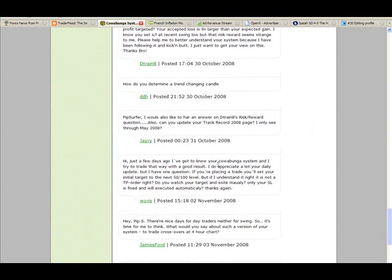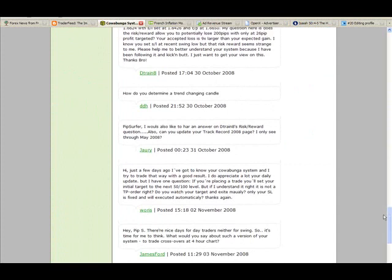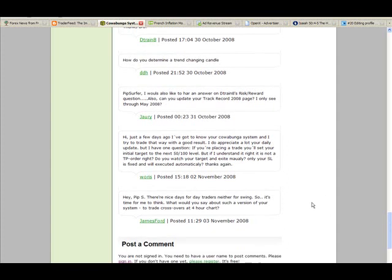Warris wants to know whether I take profit orders on my targets or if I manually exit the trades. That's a very good question. Actually, I don't take profit orders. I do exit manually. Basically, I look at my target, and once that target is hit, then I really pay attention to it, and that's when I decide whether to manually exit or move my stop and go for more pips. So great question. And James Ford wants to know